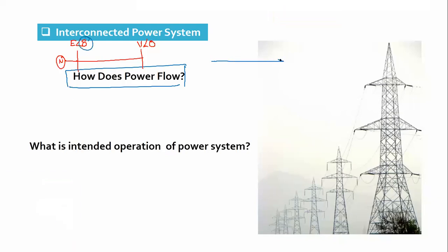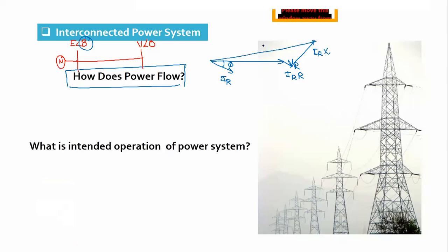You must be remembering the receiving end voltage, let's say lagging power factor. If we take the current load, then we add IR drop of the line, IX drop of the line, IZ total drop. So that is the receiving end current into what? So this is Vs, this is Vr, and this angle is delta.